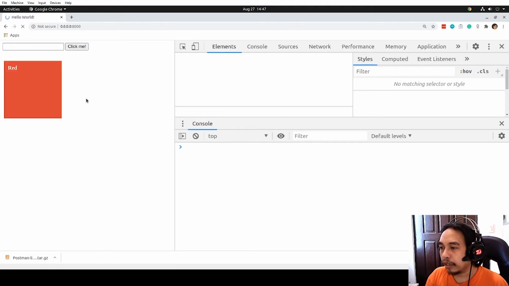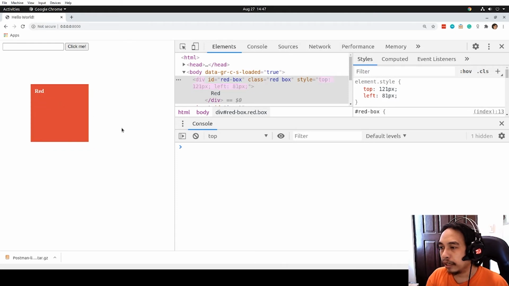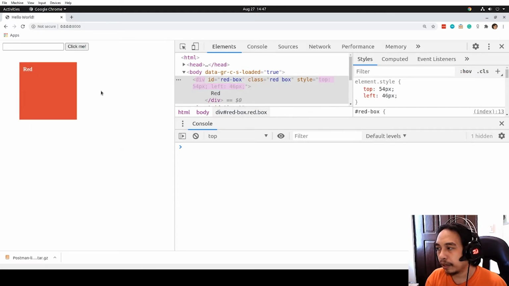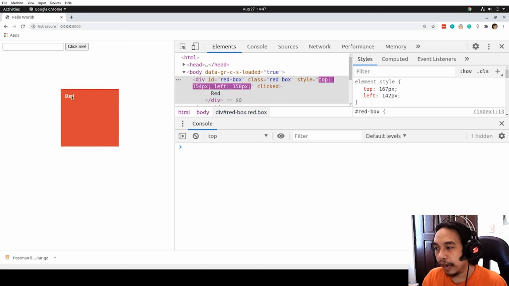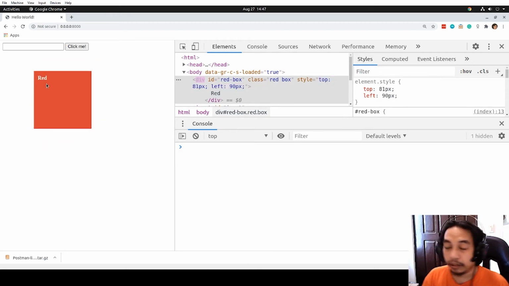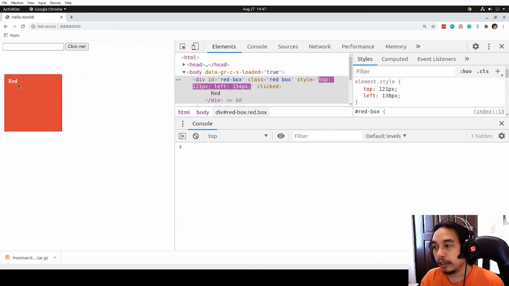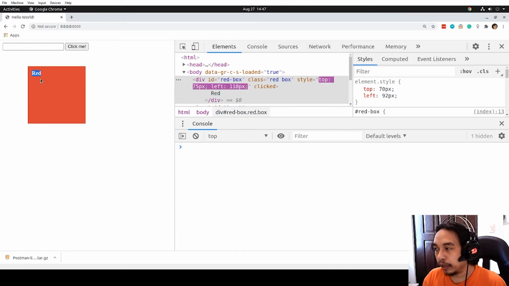If I click on it again, it's now in the center. And if I release it, it's not in there. I mean, yeah, it's not in the screen. So effectively, we have created some sort of a drag and drop using this one, but of course, it's not really that smooth. There is still something needed to make it smooth and more robust, but you